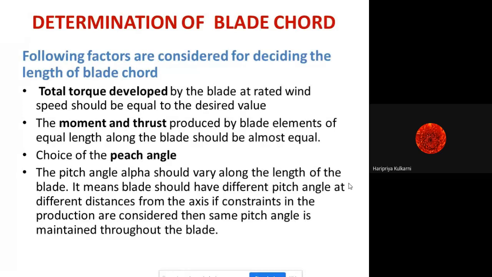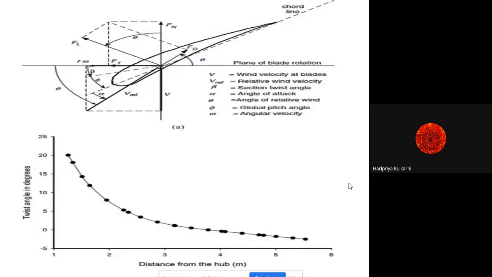So we are going to perform one experiment on pitch angle control and the efficiency of the wind turbine with the change in the pitch angle also. So this we have seen last time. If the twist angle changes, then what is its effect? How is the twist given to the blade? The twist angle is different at the center, and here the twist angle is different, and here it is different again. It is measured with respect to the chord line, which is the center line of the blade. So this alpha is the pitch angle, and beta is the twist angle.